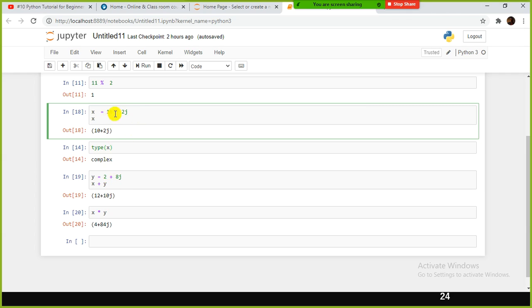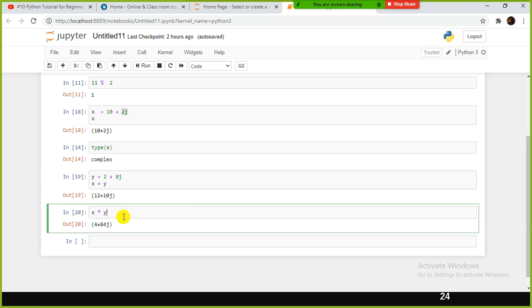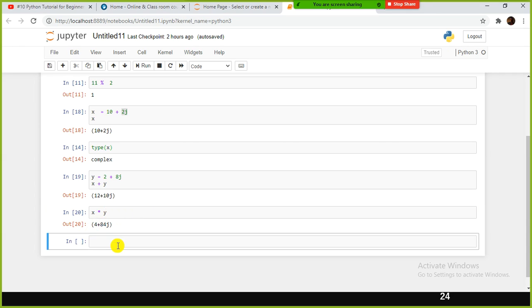It has both real and imaginary parts, and when you add these two things, 10 plus 2 gets added, and 2 plus 8. But when you do multiplication, what is happening here? 4 plus 84. Any idea?